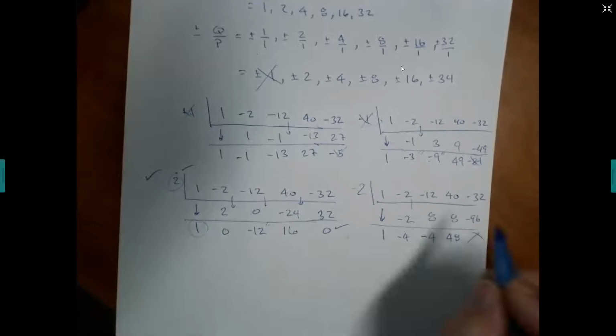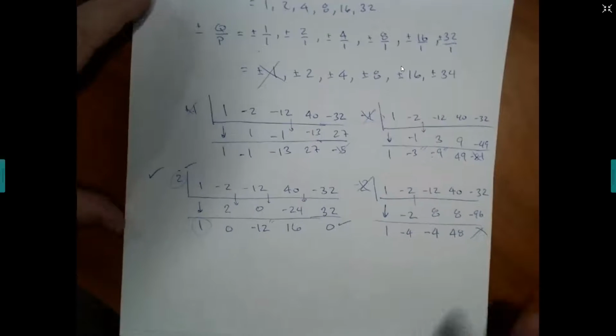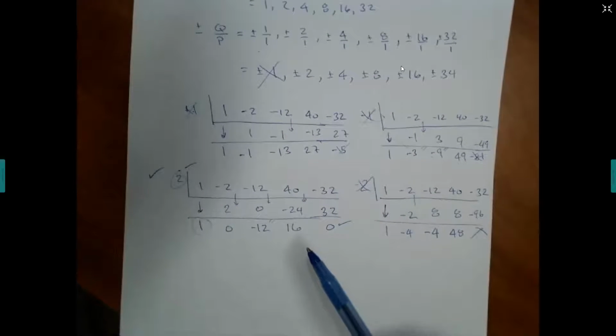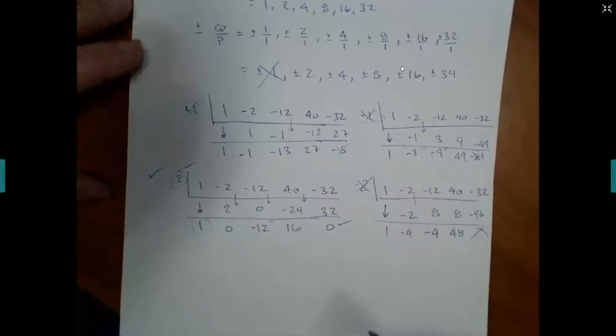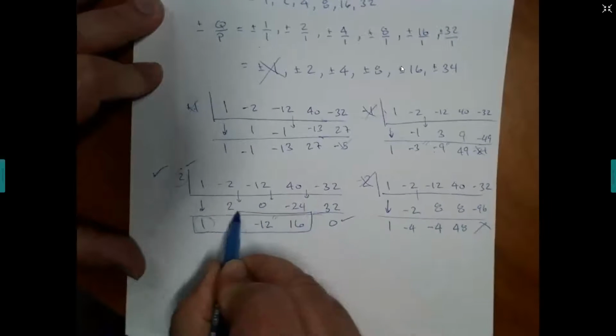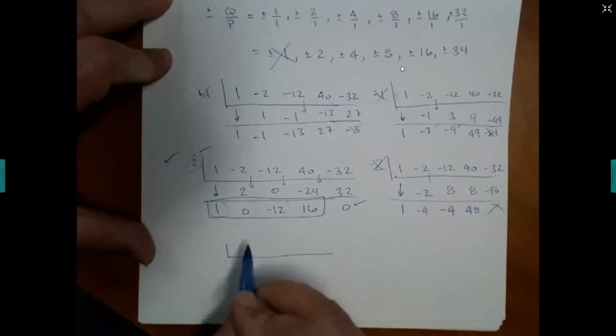So that's not going to work. If it doesn't work on the original one, it will not work on the subsidiary ones. So our new equation that we're going to be dealing with is that one. From here on out,